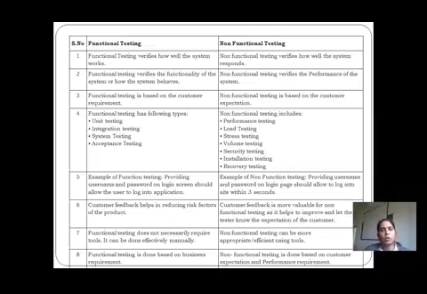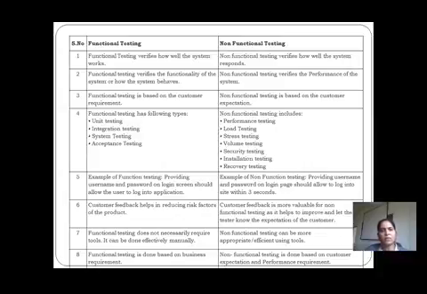But when we want to focus on non-functional testing, it can be done more appropriately and efficiently by using tools, and those tools are the automated tools which we consider to check performance, load, stress, volume, security, installation, and recovery. All these things can be done very effectively when we use an automated tool for that type of testing. So this is the seventh difference between functional and non-functional testing.